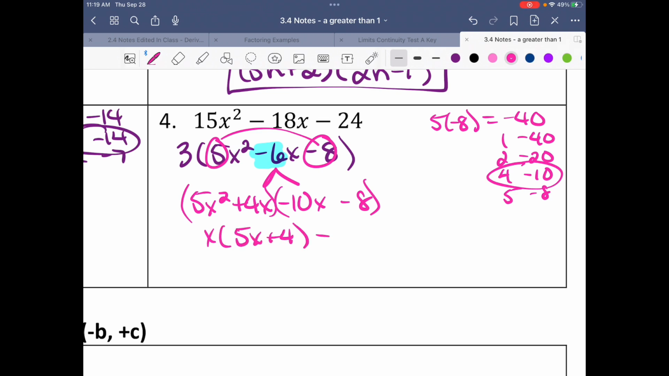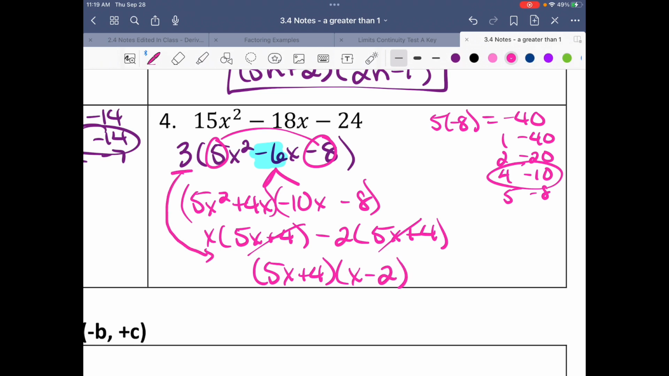Group, GCF, GCF. 5x plus 4 is the common binomial factor. What's left is the x minus 2, and then bring down that 3. If you want to get these things correct, you have to make sure you have brought down the GCF that you